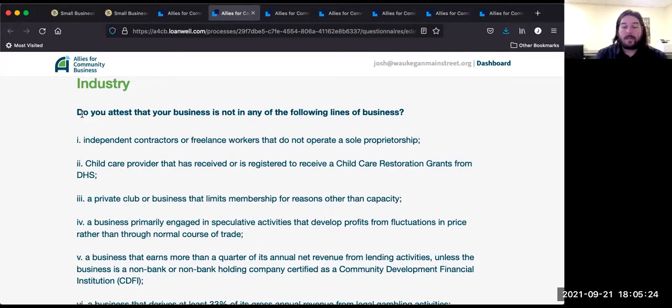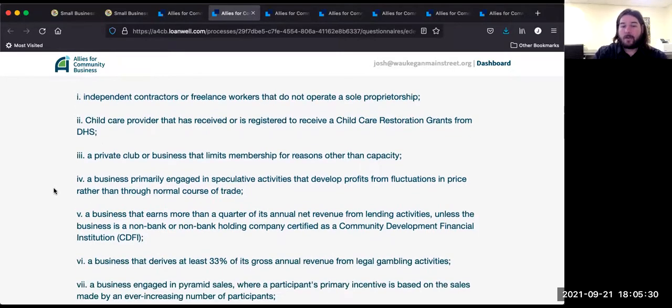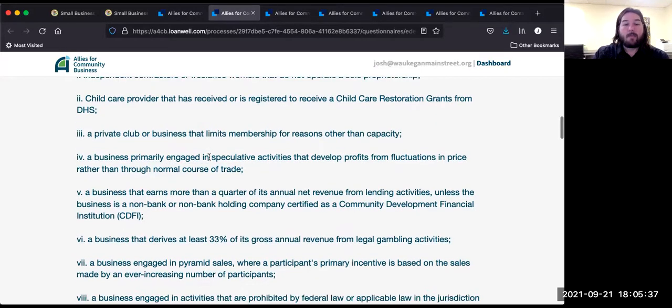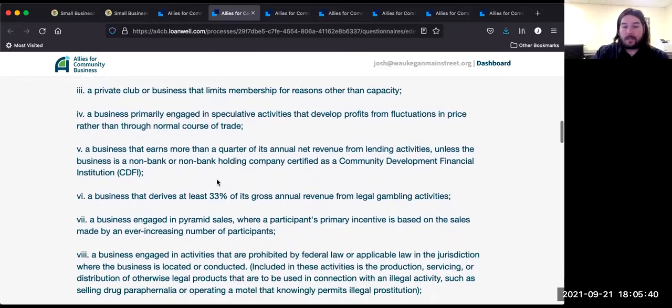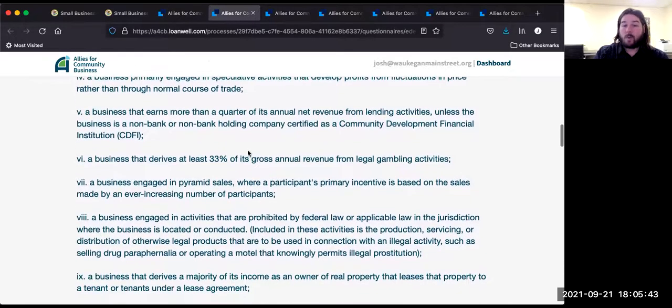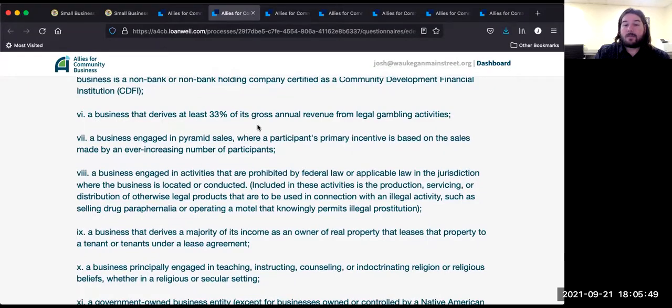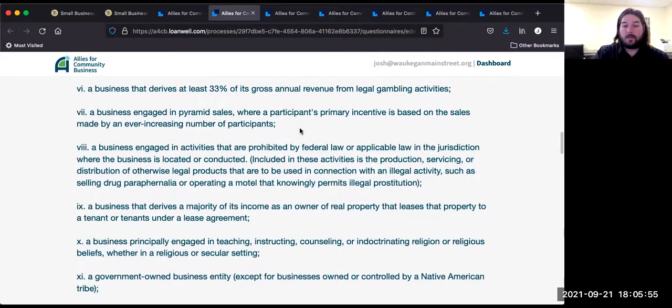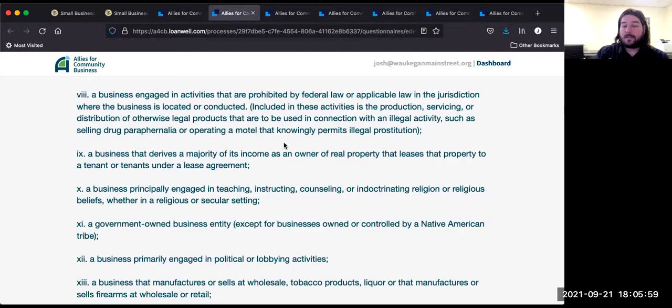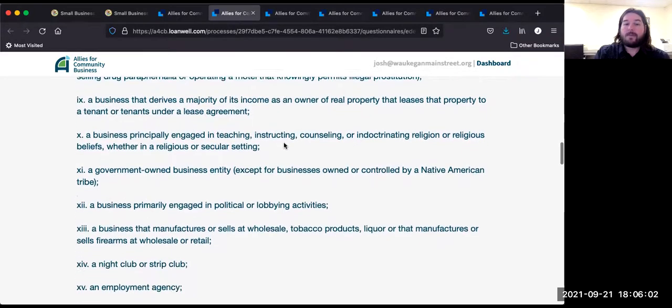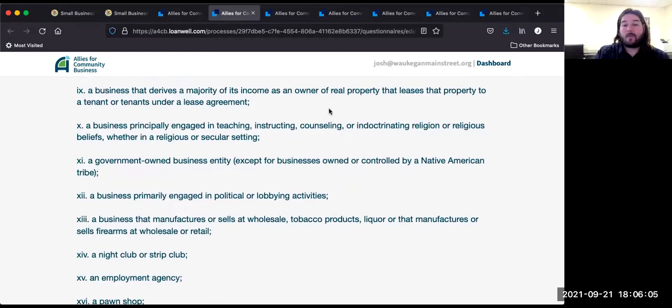It will ask you if you are an independent contractor that does not operate as a sole proprietorship, a child care provider that has not received a child care restoration grant, or that has, a private club, a business engaged in speculative activities, a business that earns more than a quarter of its annual net revenue from lending activities, a business that derives at least 33% of its gross annual revenue from legal gambling activities, a business engaged in pyramid sales, a business engaged in activities that are prohibited by federal law, a business that derives a majority of its income as an owner of real property that leases that property to a tenant or tenants under a lease agreement,